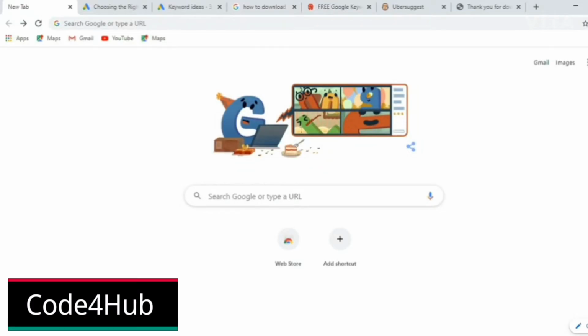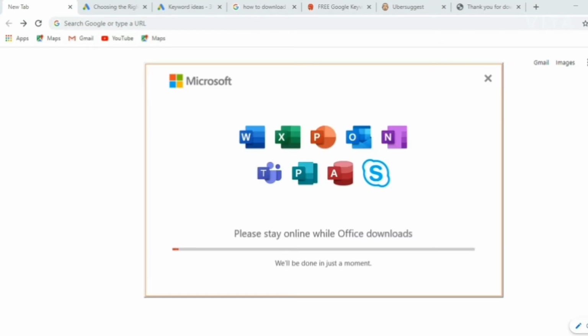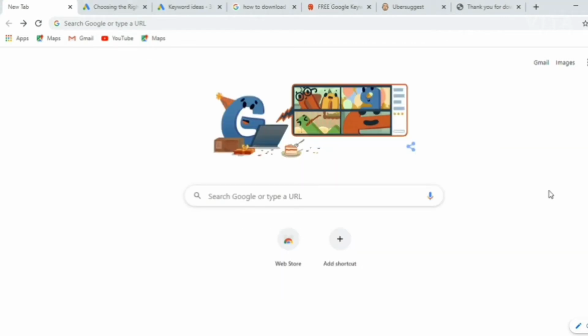And guys, in today's video, we are going to see the installation of Anaconda and Jupyter Notebook on your system, on your laptop, on your computer. So we are going to see how you can download and install Anaconda Navigator on your system, and you can launch your Jupyter Notebook. So for that, let's get started without any delay.